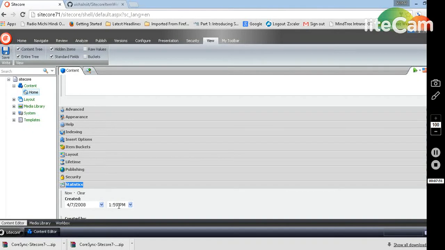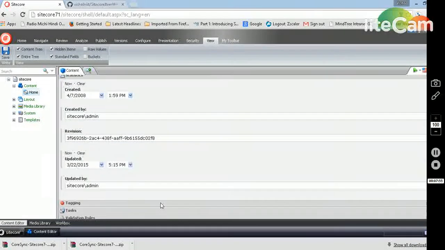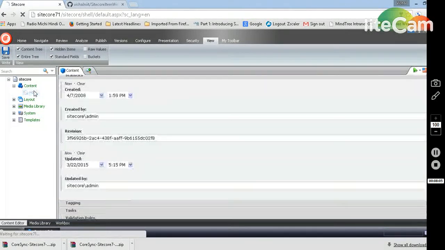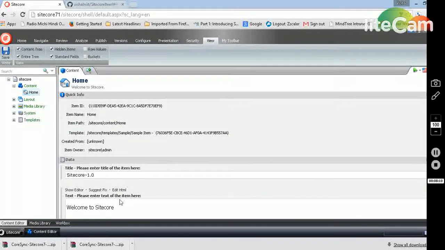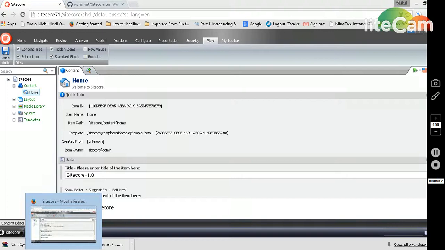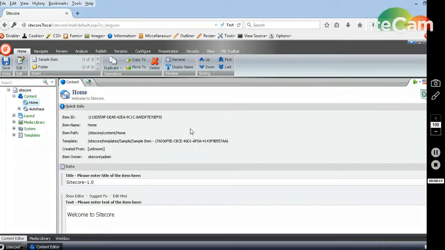Yep, I can see that it got updated at 5:15, and here the time is 17:17, just 2 minutes ahead it got updated by Sitecore admin. That's the credential I provided. Fine, so this makes sure that my tool works, and let me go and do further quick operations.